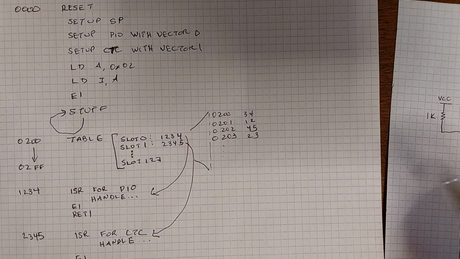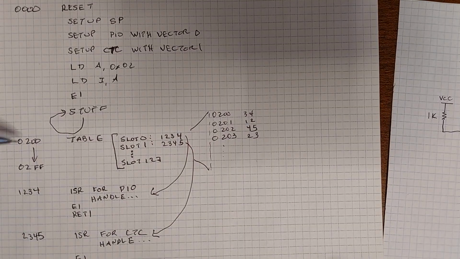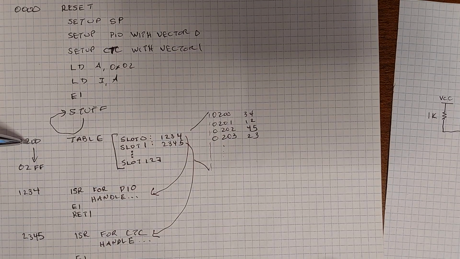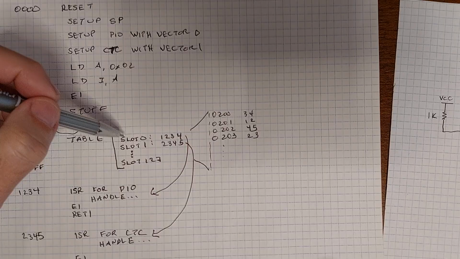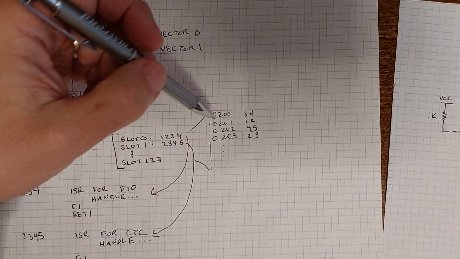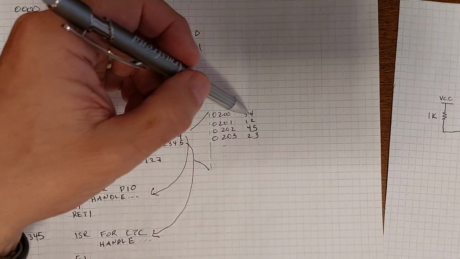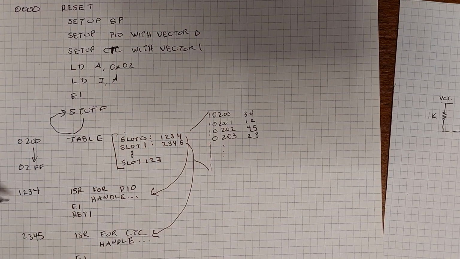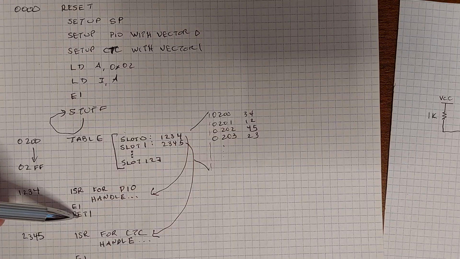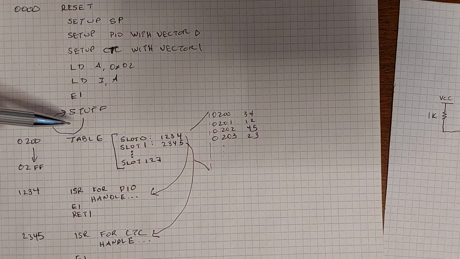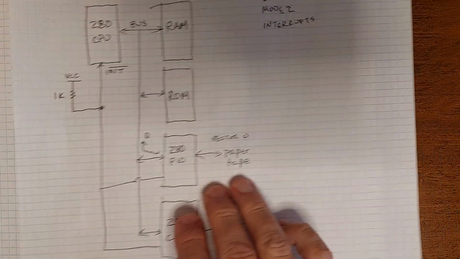Now the Z80 is going to go here and say, okay, my I register is 02. The vector I got was vector 0, so I need to read slot 0 out. And so it fetches 1, 2, 3, 4 out of the table memory and starts executing the ISR at 1, 2, 3, 4. Runs the code, returns, goes back to doing its main stuff, and now the CTC wants to